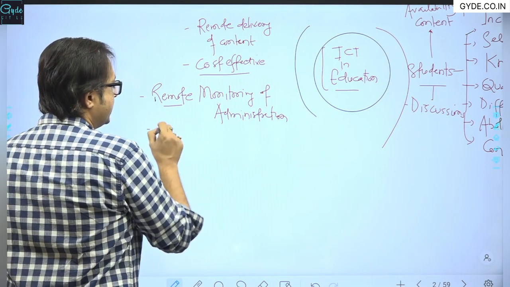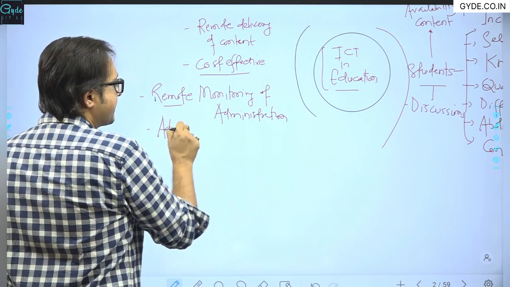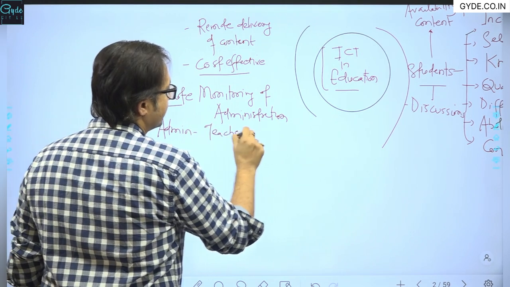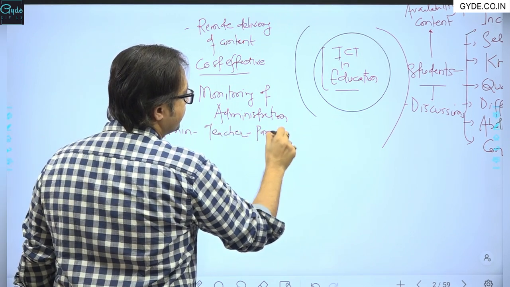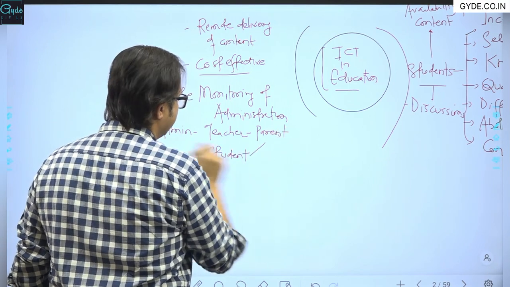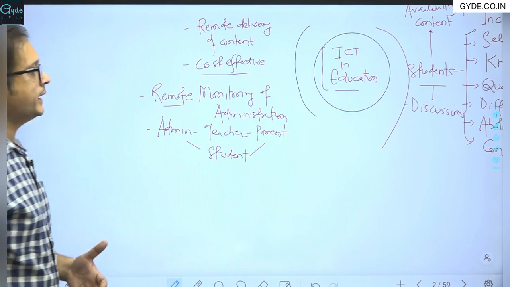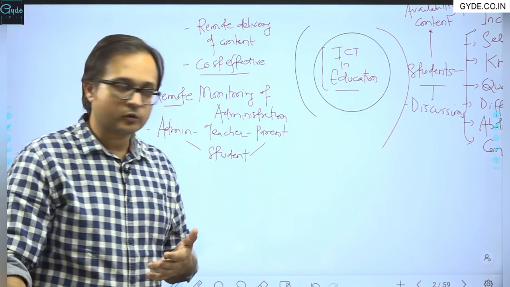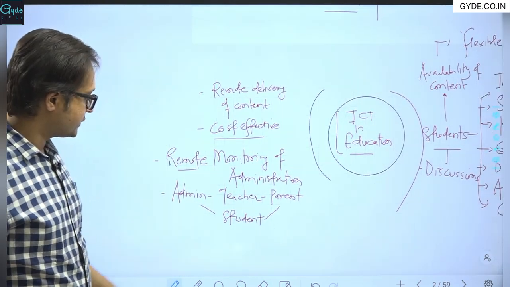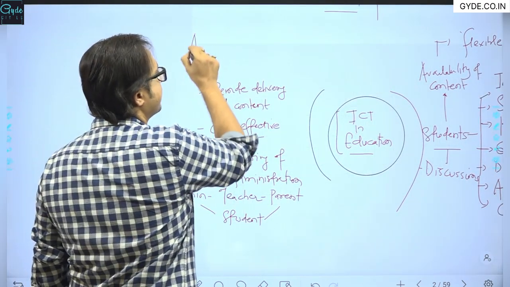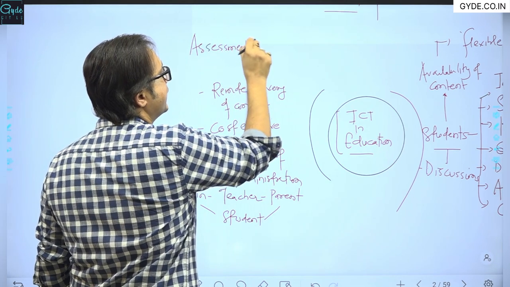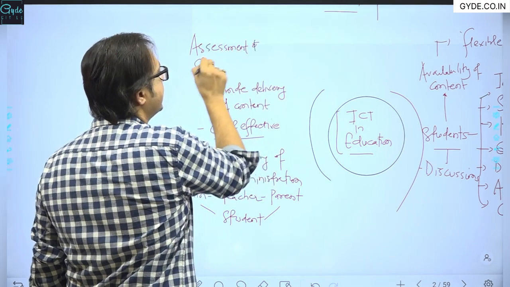So the administration, teacher, parent, student continuum can be created, right? And that will help to solve major problems also, right? Then it can also help in assessment of the teachers, assessment and skill development,